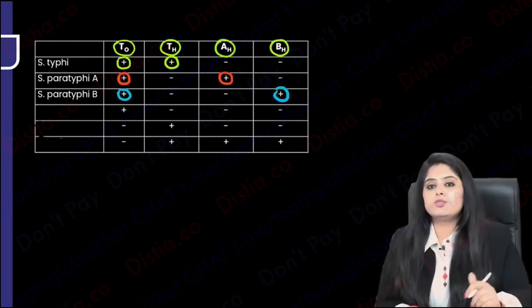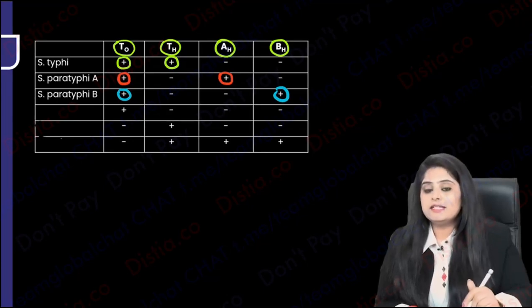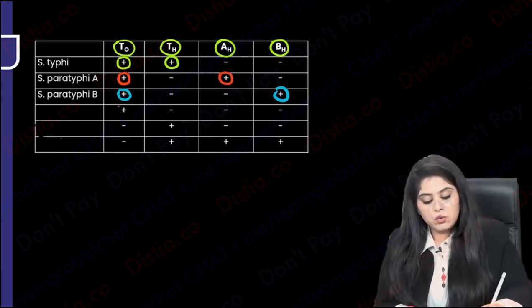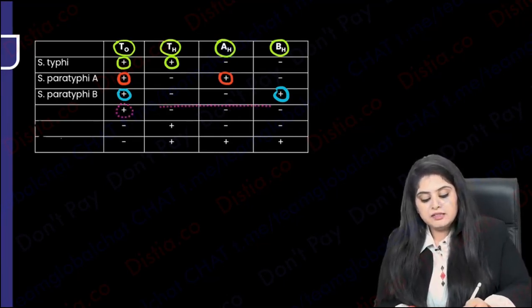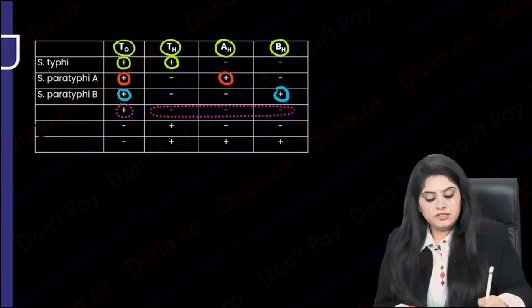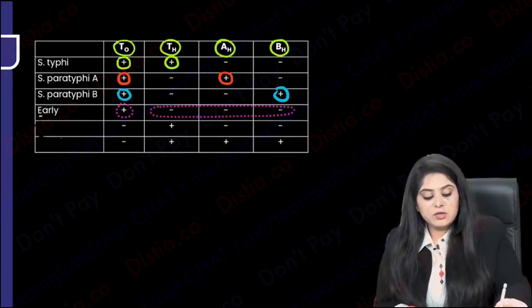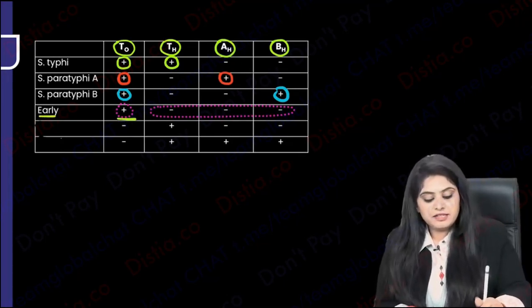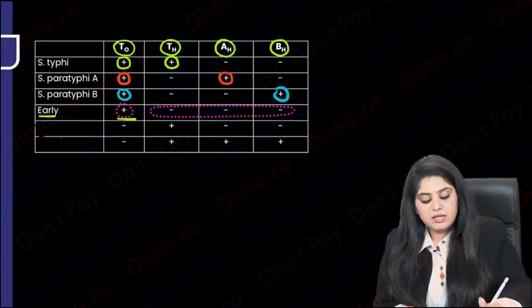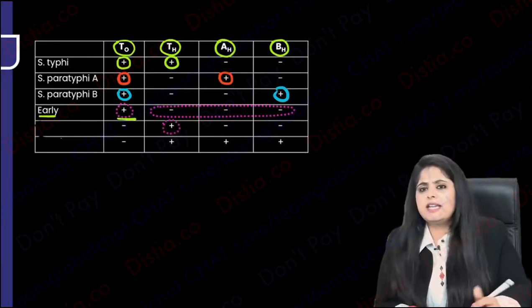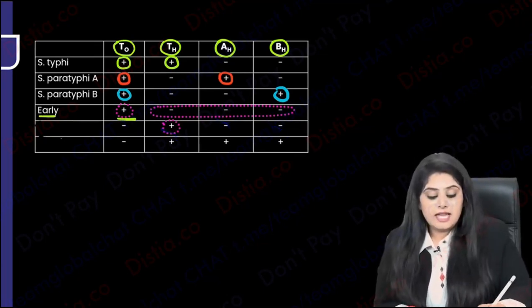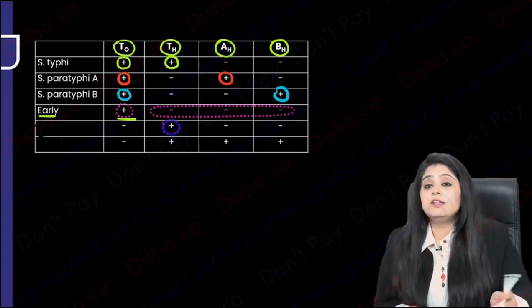Now comes that OH-OH controversy. If they say that this is an early infection, so if they say only reaction with O is there, and all the others have come out to be negative, then you will say this is an early infection because the first to rise was O. Whereas if they say that now everything is negative, only H, either the H of this or this or this, any one H is there, you will say H was basically the one that was the last to leave.